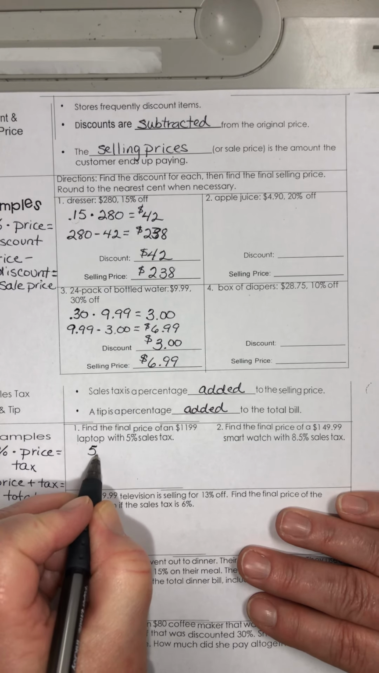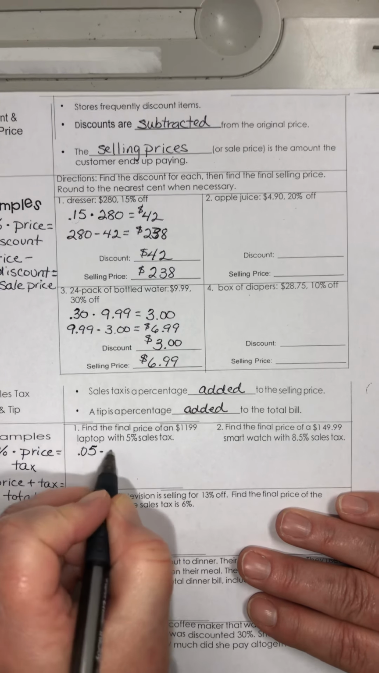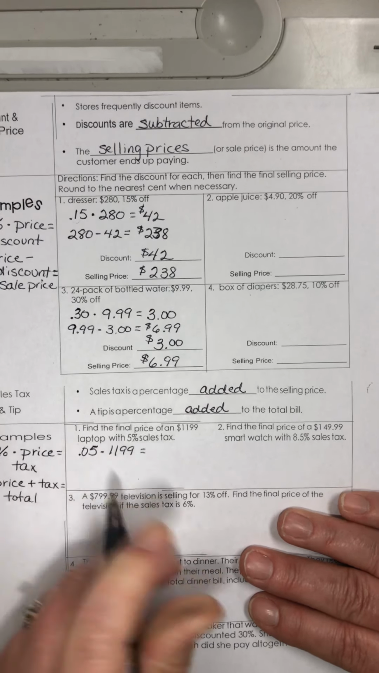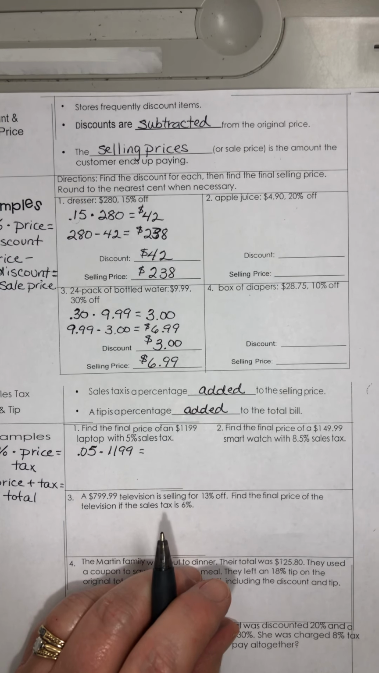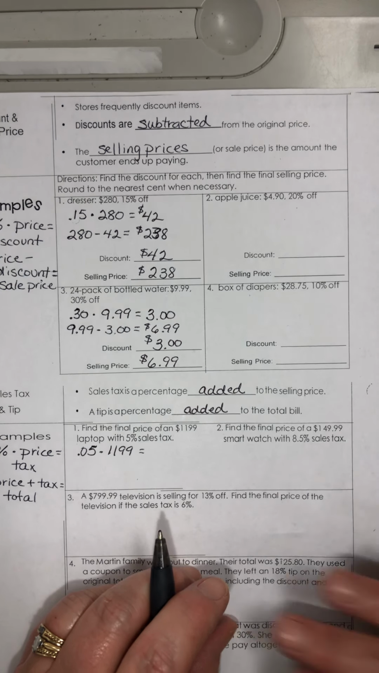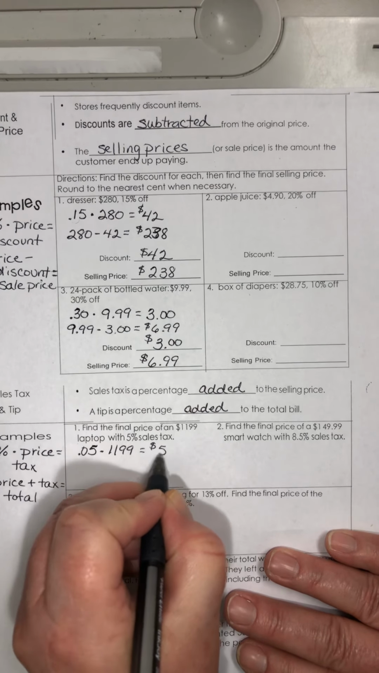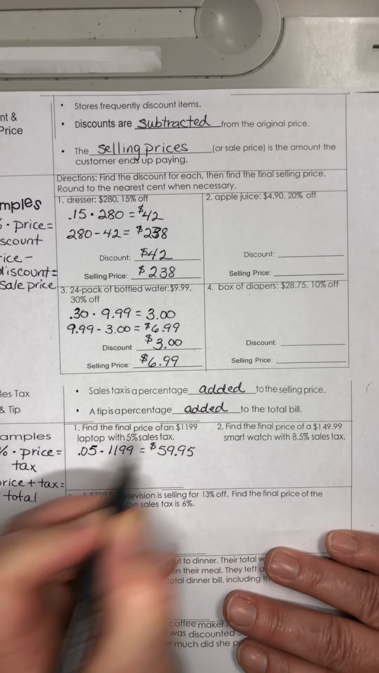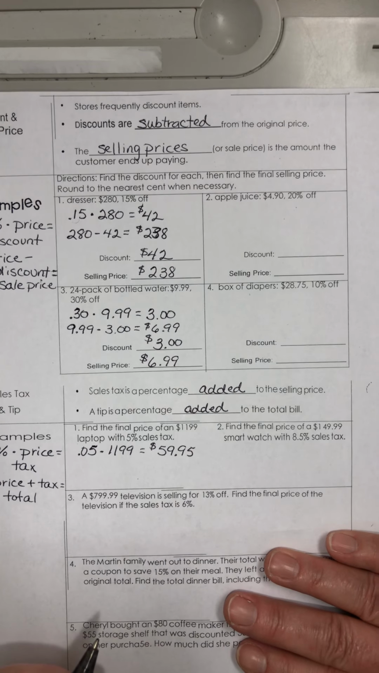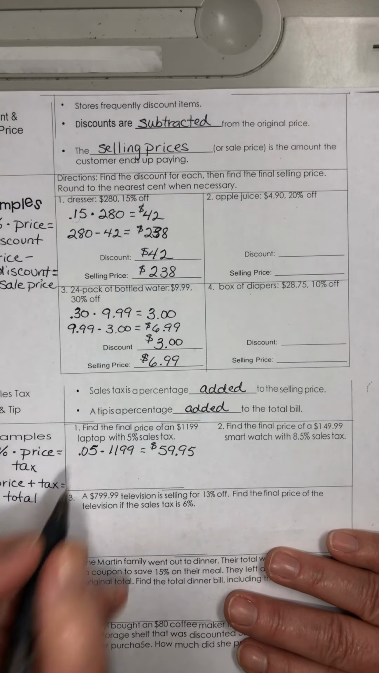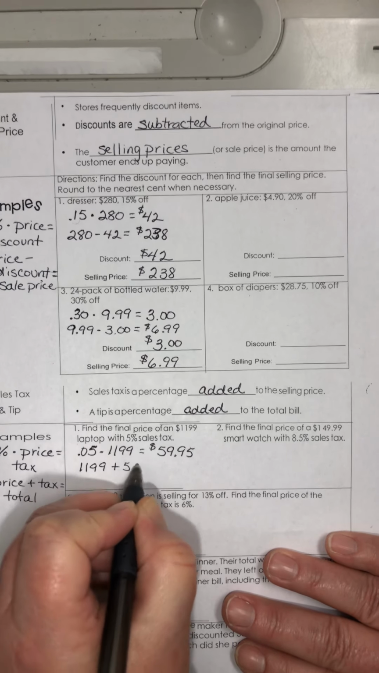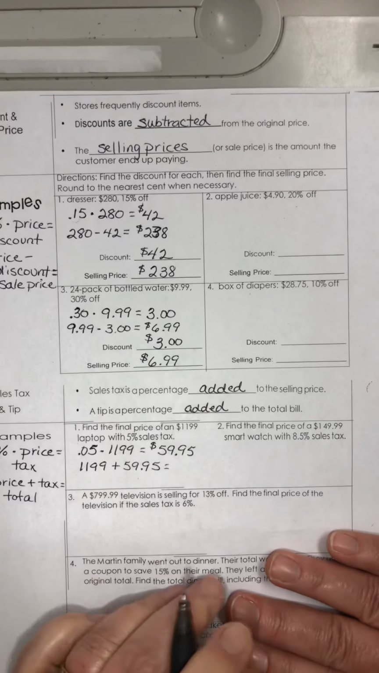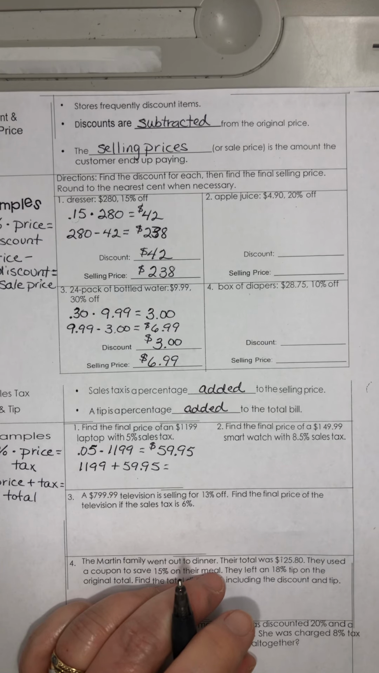So there's that 5%, move it over twice, times $1,199, and we get $1,199 times 0.05, we get $59.95. That's your tax, okay? And so I have to pay the tax and the price. So part 2, $1,199 plus $59.95, and the total that I would have to pay is